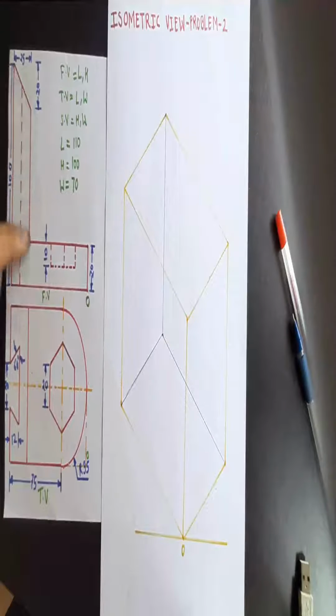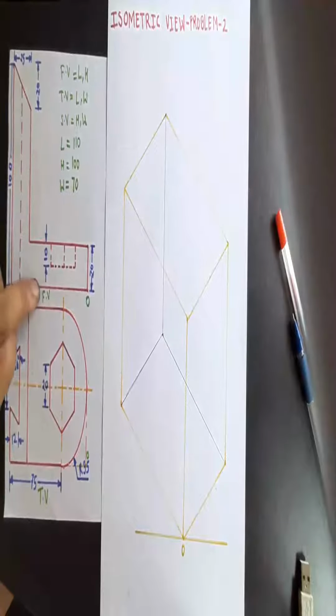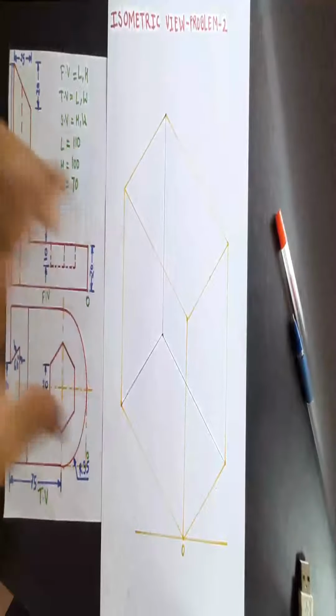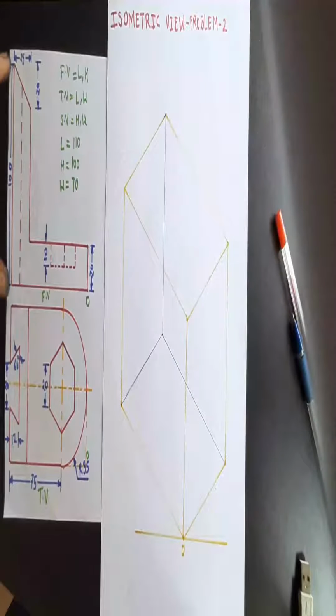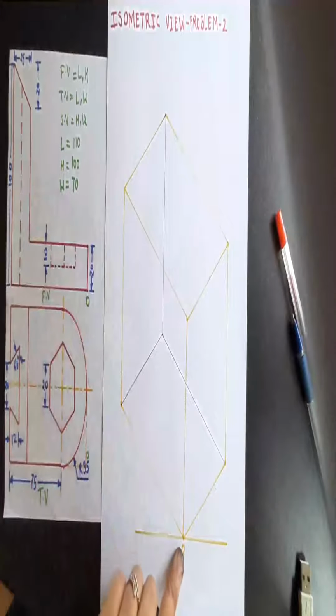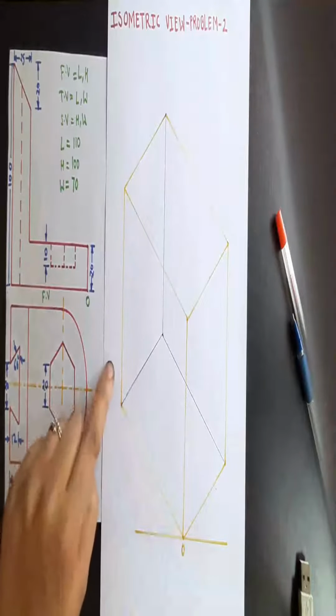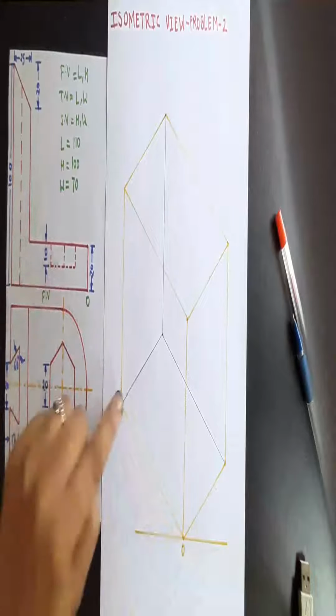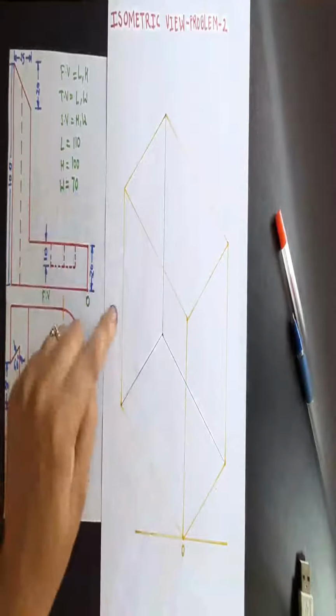You can see there is no visible line in between this closed diagram. Draw this diagram in a front face, because it is as it is in a front view. So draw this closed diagram in a front face. Here you can see that this 100 mm is away from the origin. So this is the origin, and this 100 mm is along the height, away from the origin.